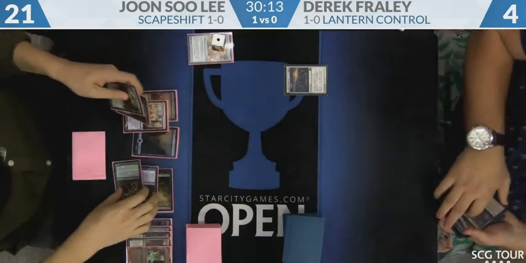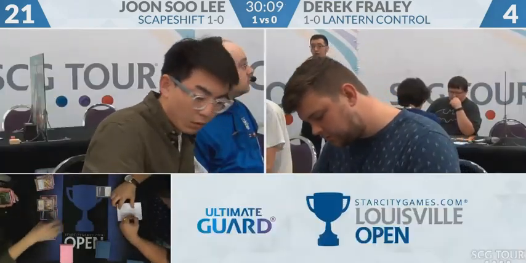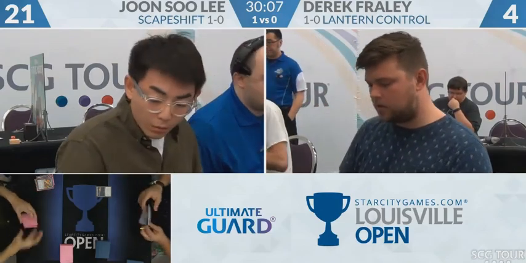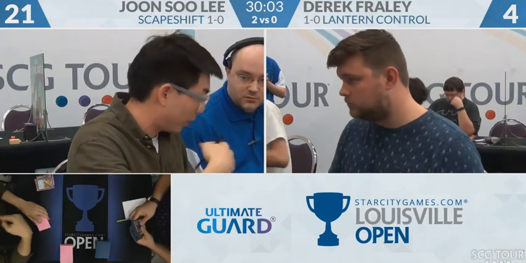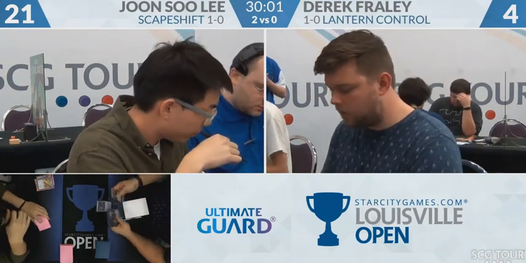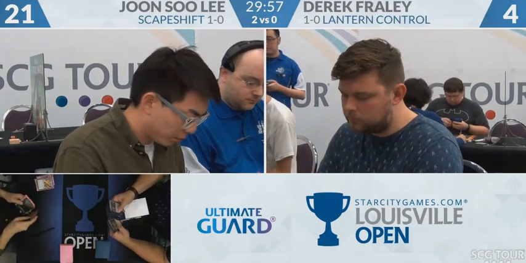As Joon Lee is going to win this match over Derek Fraley, 2-0. Scapeshift is going to very easily take care of Lantern control. And it's that flexibility of Bring to Light, able to get the job done here for Lee. Yeah. Game 1 was very close. Fraley was almost able to lock up the game there. But that one attack from the Snapcaster Mage, not able to get the Ensnaring Bridge low enough, allowed Lee to barely finish off the game. It doesn't look like there's a whole lot of play there, but I think given the nature of Lee's deck and Bring to Light and all these one-ups